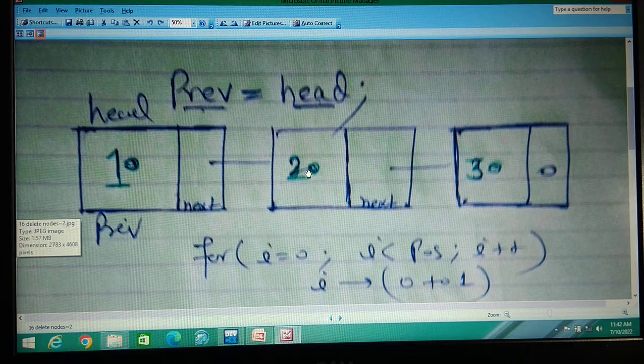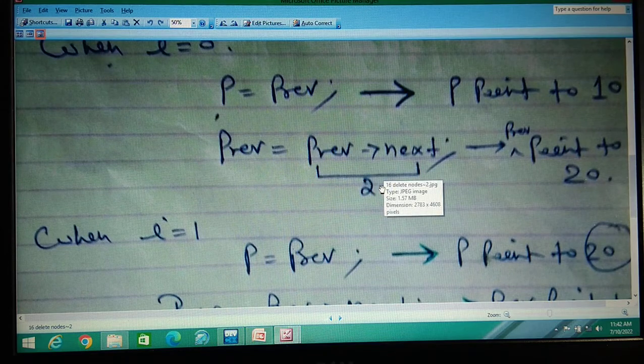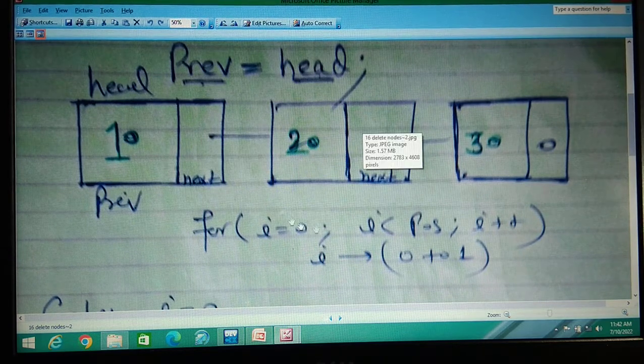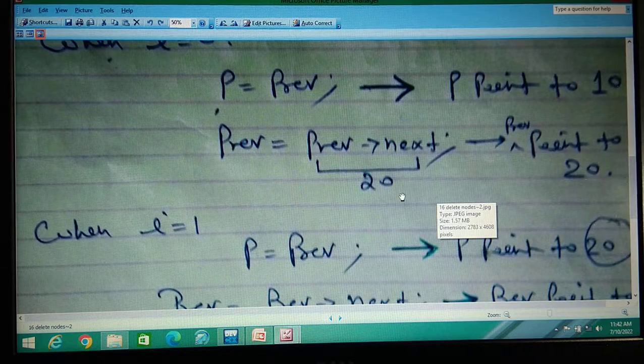PRV dot next is actually 20. Now this is PRV. Very simple. So PRV is moving from here to here, which means PRV is 20.